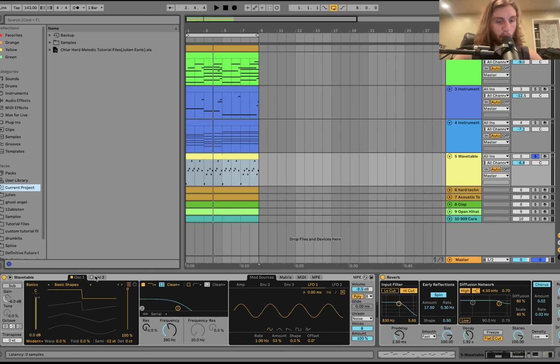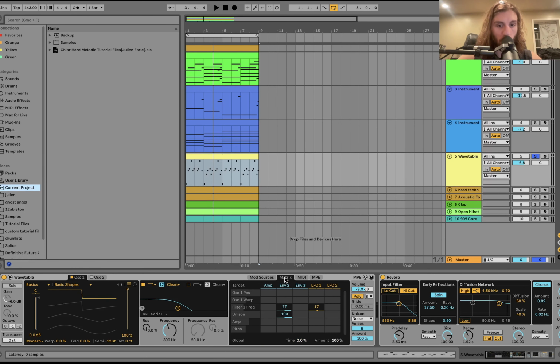So for this one, it's made with wavetable. It's just a square wave with a low pass filter with an envelope on the filter. And we also have an envelope on the unison. So if I turn that off, here it's more like a basic unison square. But when you add that envelope,